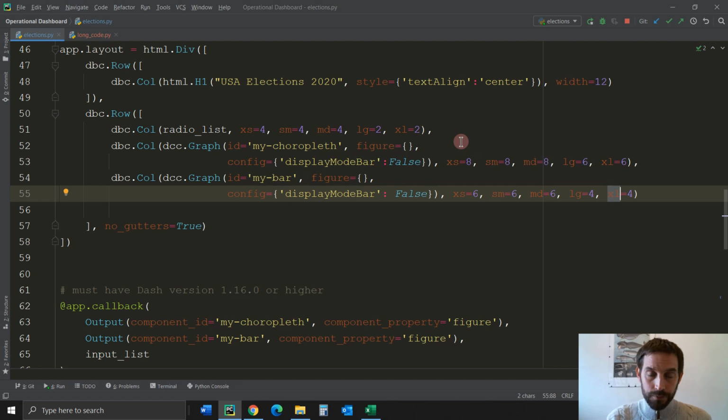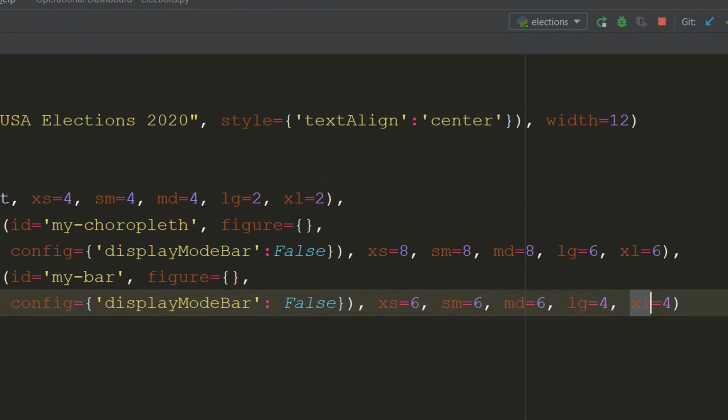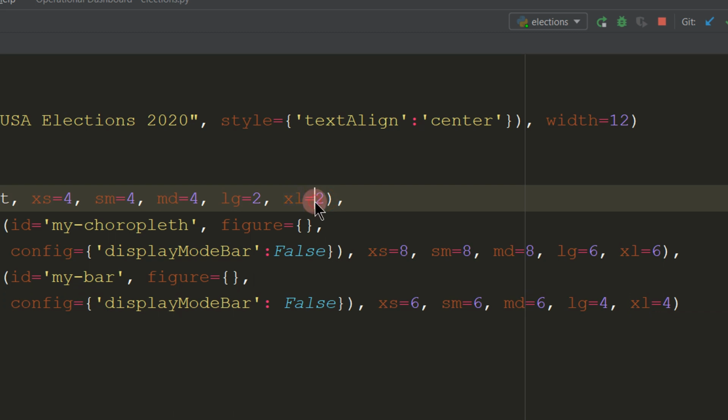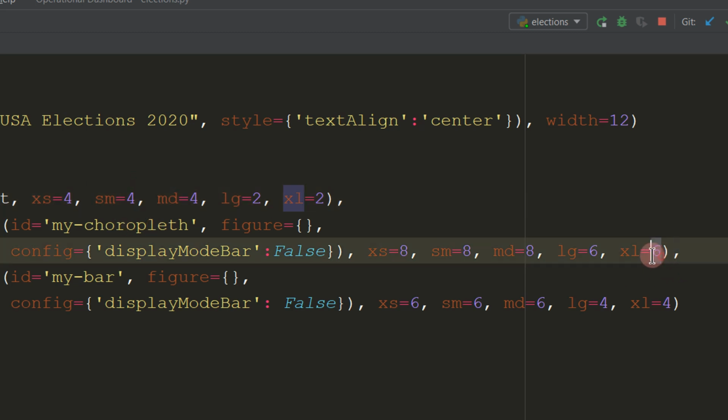Brief explanation. I'm saying here that the radio items are going to take, remember, there's 12 columns. A screen has 12 maximum columns. So I'm going to say this first radio list, or the group of radio lists, give it a width of two columns. I'm doing Excel because my computer is Excel. And the second, the choropleth map, give it a width of 6 columns, and the bar, give it a width